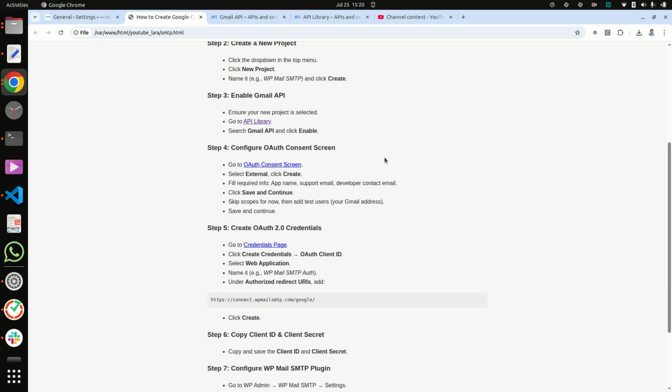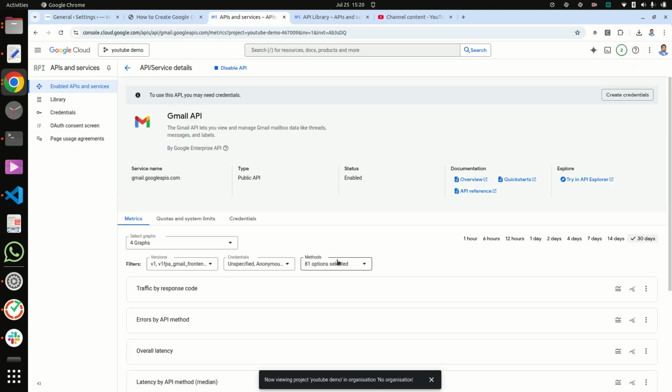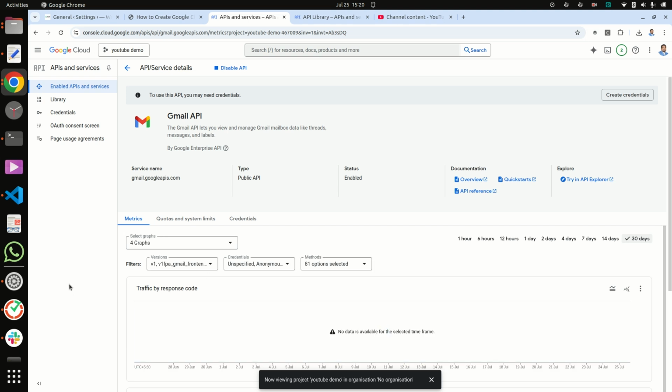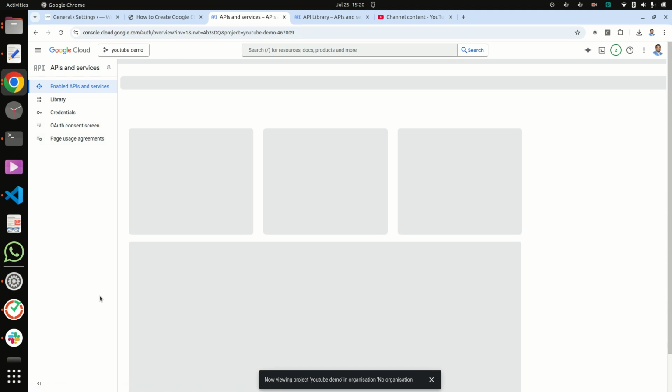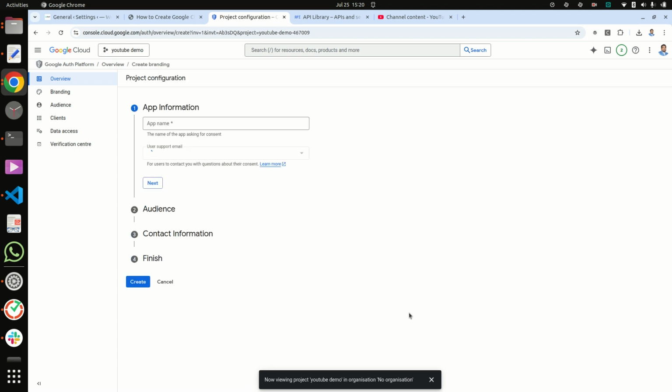Now we will configure the auth consent screen. Okay, now click on auth consent screen. There is none currently, so click on get started, and here give an app name.